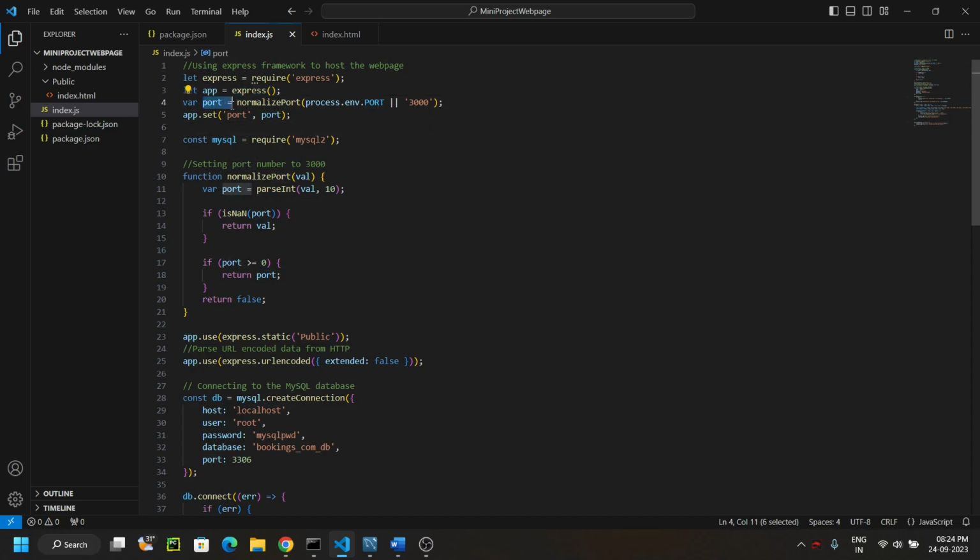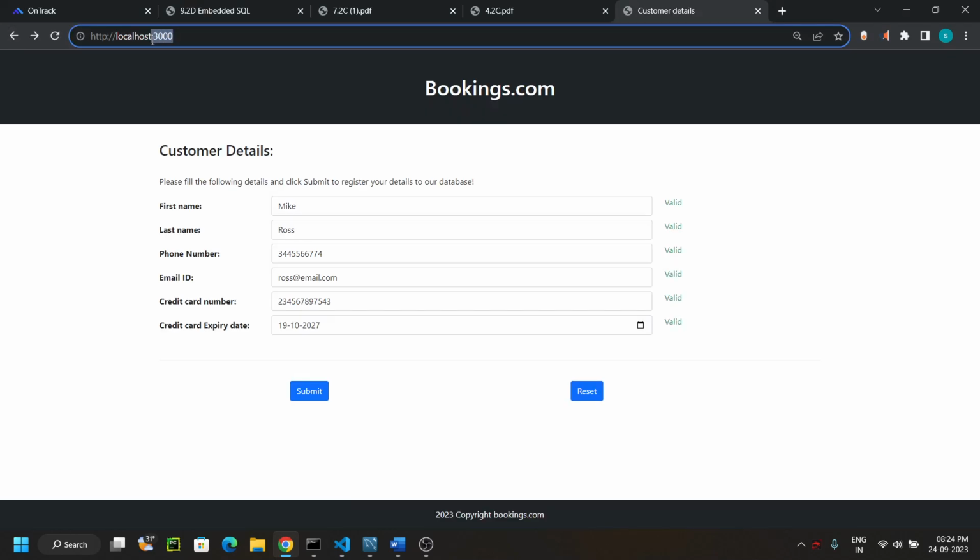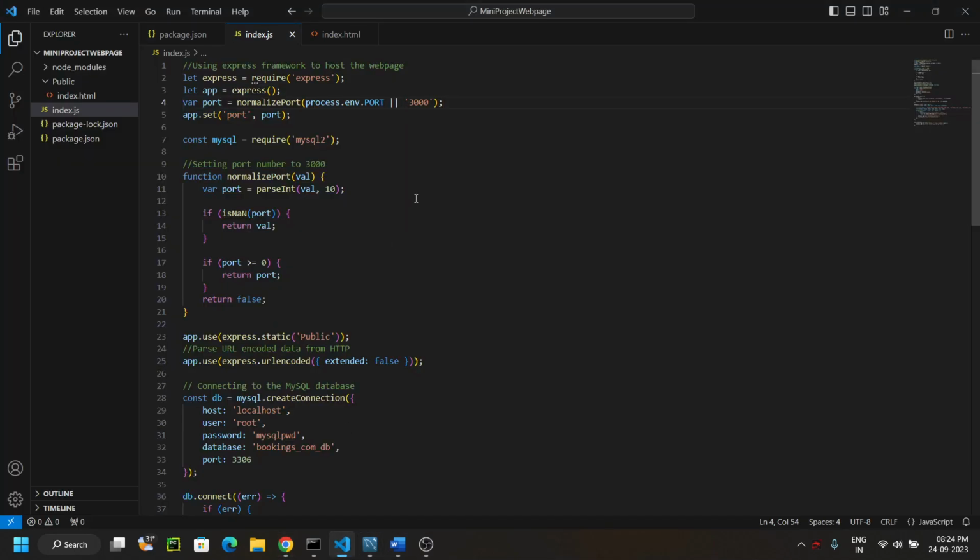And this line is to set the port number to 3000. So this is the localhost that we are working on. So this sets the port to 3000. And coming to the next line, this is just setting the port. And here in this line, we are